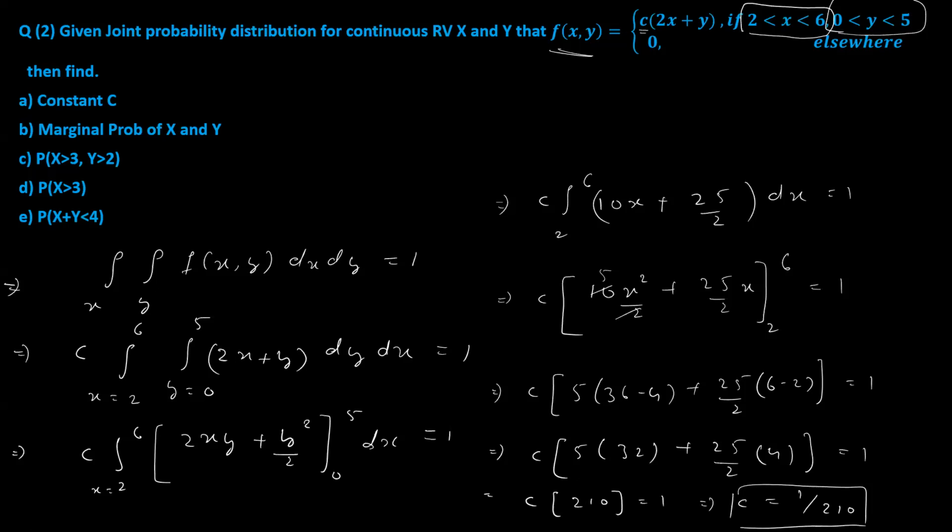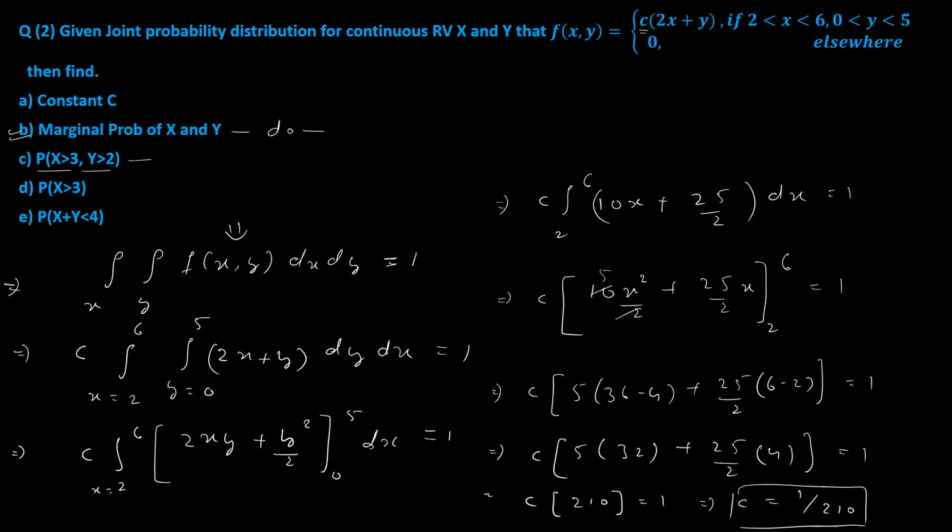This is how you have to do it. This is the condition of the joint probability distribution which I have taken, which, as you already know, is equal to 1. So just put the range and integrate. Right? Marginal probability, I have already told you previously how to do it. So you do it. This portion I will just leave it to you. This portion also you know how to do.